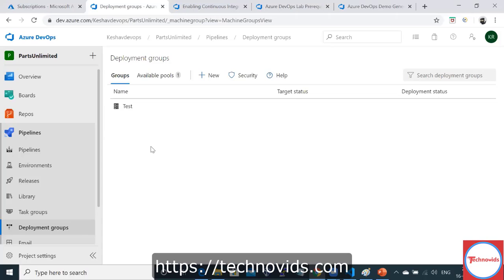Because for the tasks that will run through your pipeline, you have to check what type of tasks they are. Are they related to building a .NET application? Are they related to building Java? Are they related to deploying containers? Are they related to deploying ARM templates? If it is ARM templates, either a Windows machine or self-hosted agents will do. Sorry, Azure hosted agents will do. Azure hosted agents are available for every type of deployment.